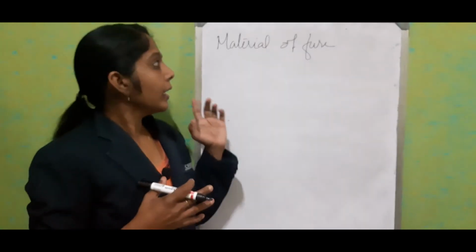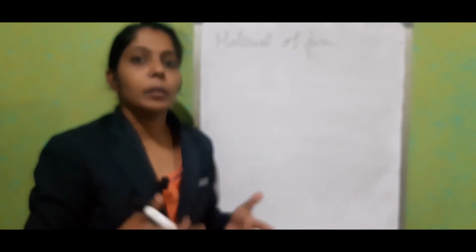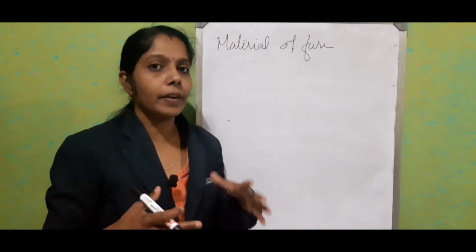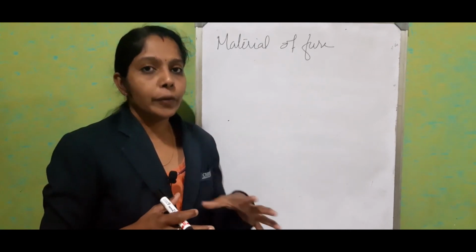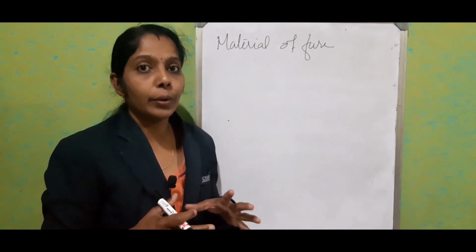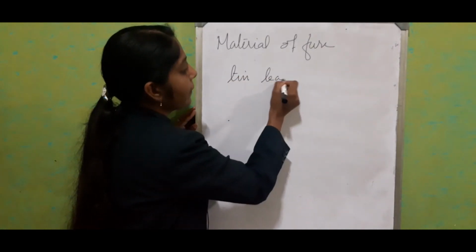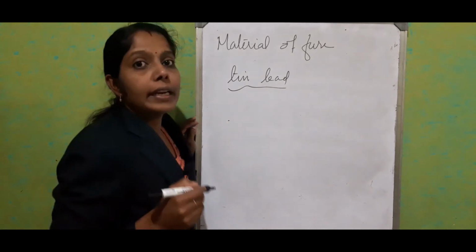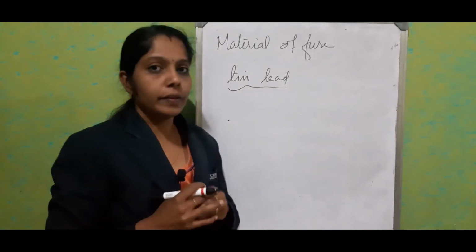Which material can we use for a fuse? We are not supposed to use just any wire which conducts electricity. It would not be fair, as it would never safeguard our devices. So for fuse wire, we have designed an alloy called the alloy of tin and lead. Okay, an alloy of tin and lead is used as fuse wire. There are mainly two reasons for this.